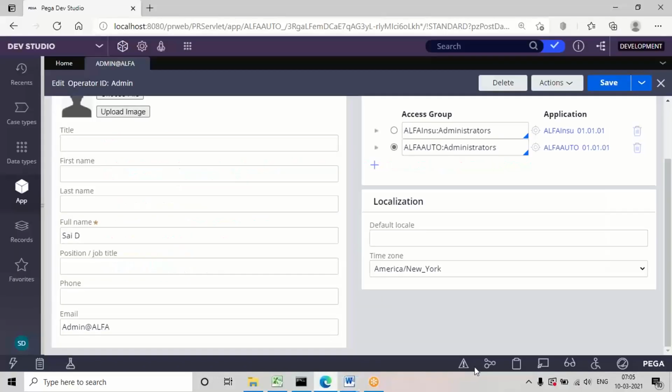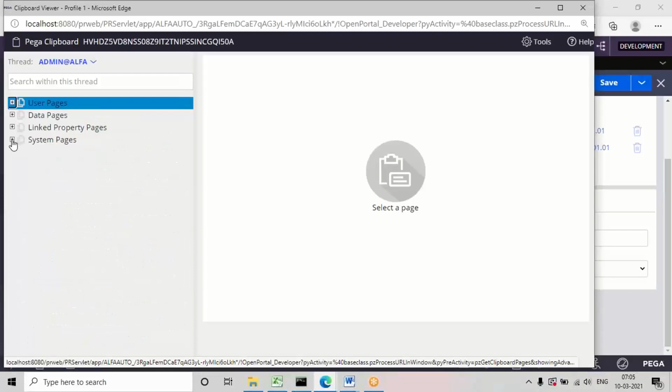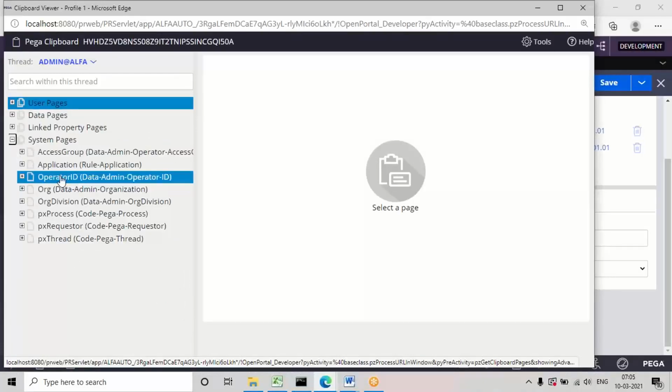So if you open the clipboard now and open system pages, under this you'll have a property called operator ID, and you can see the reference class is data admin operator ID.